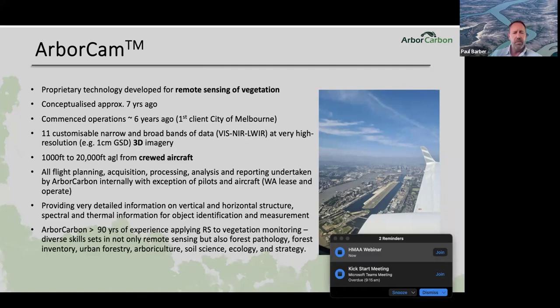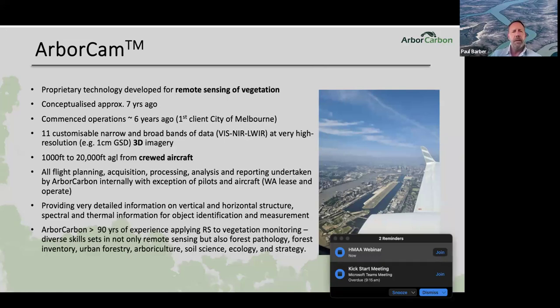The technology that John got excited about some weeks ago was some of the data produced by ArborCam. Now, ArborCam is a camera system that we've developed for crewed aircraft. So we do have UAVs, we have drones, and we've been operating them since around 2010, 11. We were one of the first companies to use them up in the Pilbara to monitor sheet flow and riparian vegetation up in that part of the world. But the reality is that those drones now sit there and gather dust and don't really do a huge amount in our company. And that's because we've developed ArborCam.